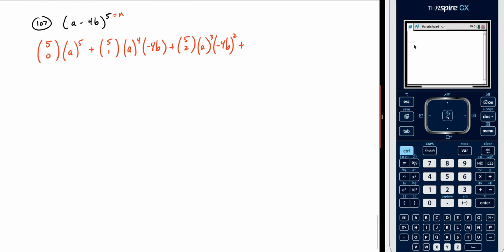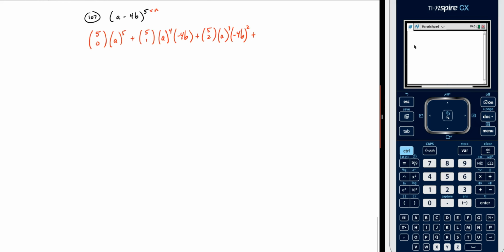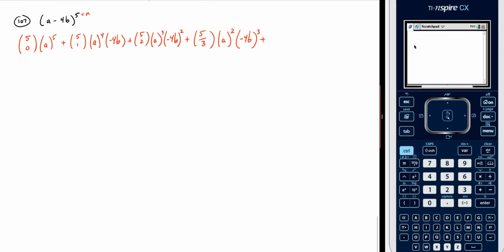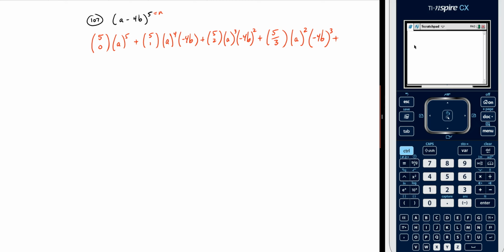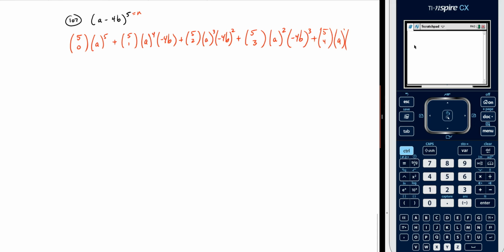make that a little bit smaller. Fit it all in there. Plus 5 choose 3 times a squared times negative 4b to the third. There we go. 5 choose 4 times a to the first times negative 4b to the fourth